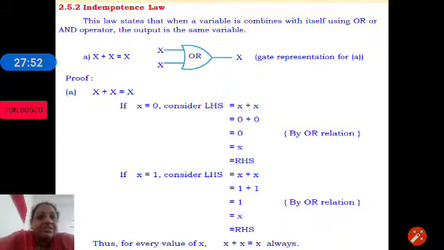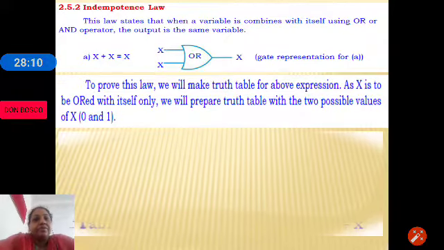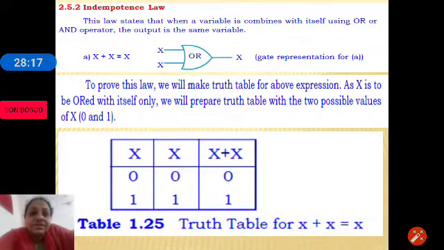First we begin with 0 and then we substitute x value with 1, and whatever may be the x value, the same value we will be getting. The same can be proved using the truth table method, where x value can be 0 or 1. 0 ORed with 0 is again 0, 1 ORed with 1 is again 1.